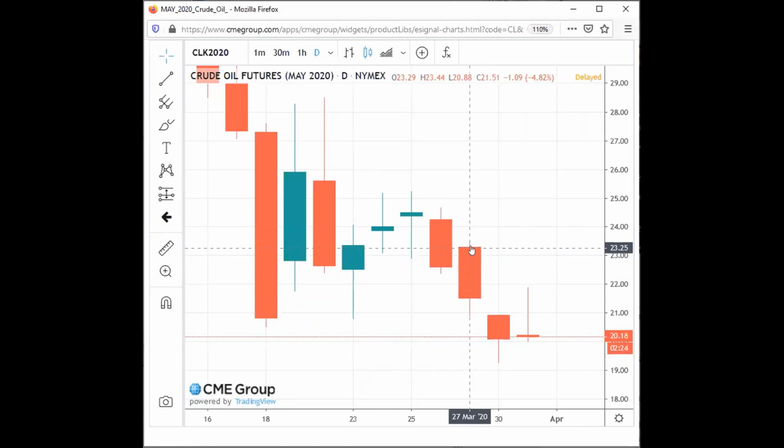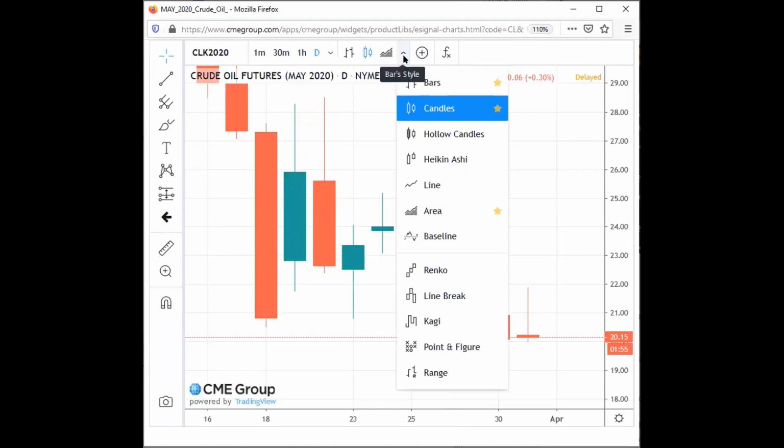Okay, so the biggest problem with this chart is that it needs a color printer to be able to read the low and high, because if you print this in black and white, these two will look the same. So how do we know which one is open and which one is closed? If you need to know the open and close, there is another candle type of bar chart, which